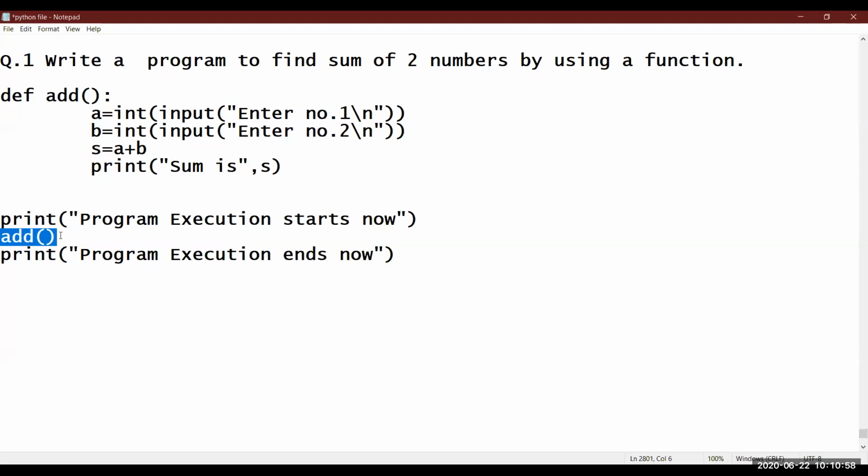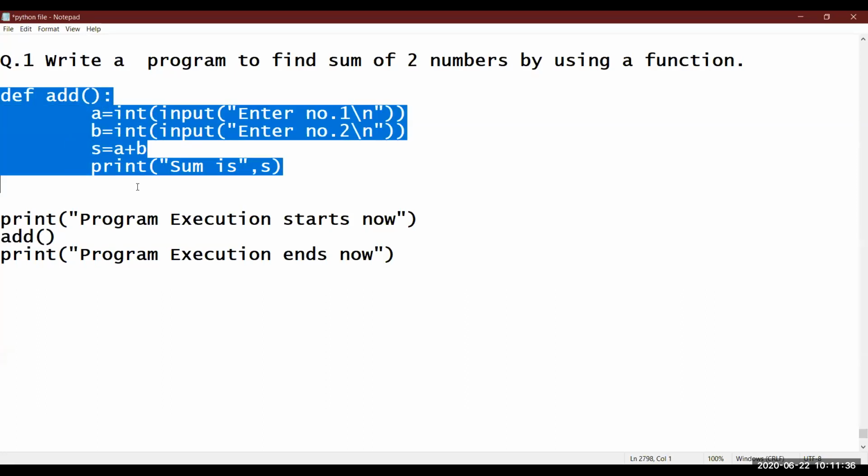That means you want to call a user defined function. So wherever its working is written, it will go there. It's simply like when you press a button, the current goes to that device which is connected with the button. In the same manner, when you call this function, the control of the program will go from here to this line.